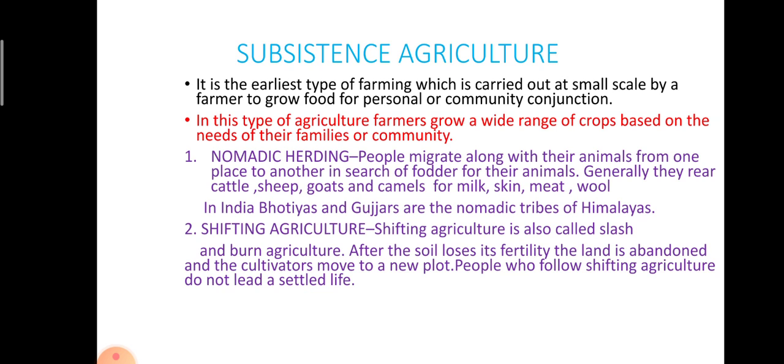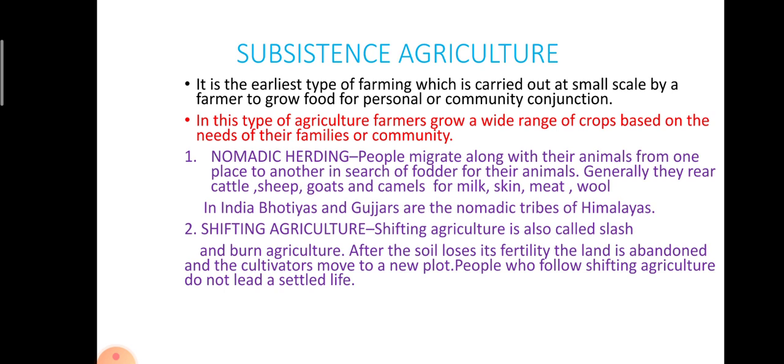People migrate along with their animals from one place to another. Nomads, in the previous classes you have also read about the nomadic people. Nomadic people have no permanent house. They move from place to place with their herd of cattle, sheep, goat, or camel, where they get good pasture land or fodder for their animals. They settle 15 days, 1 month like this. After that, they move to another place. They are the nomadic people because they could not settle permanently in one place.